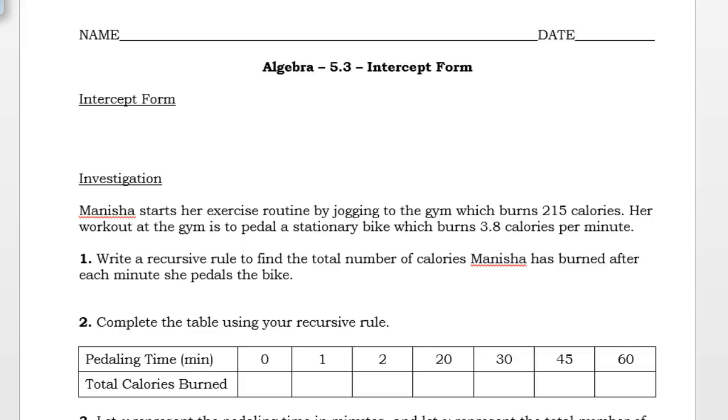This is Algebra, Lesson 5.3, Intercept Form. So this lesson will take our recursive rules, our start-change rules, and instead start putting them in a y equals form. If you've taken an algebra class before, you may be familiar with y equals mx plus b,